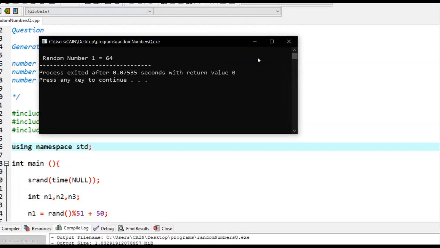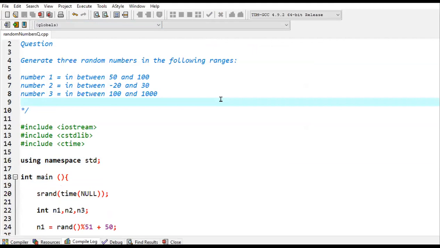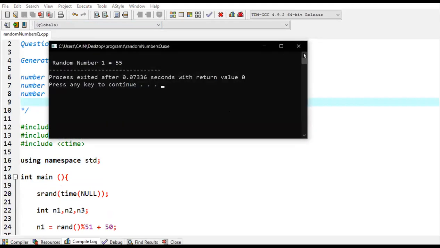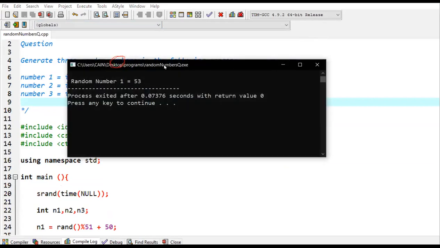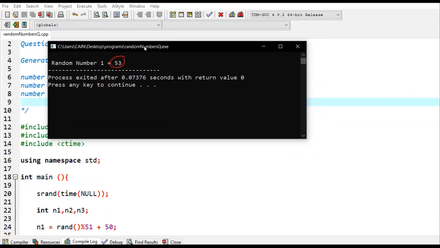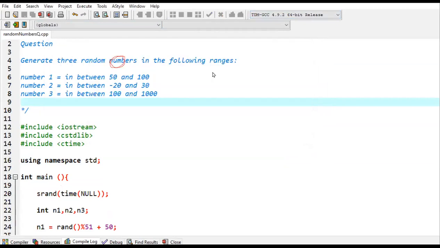You can actually close this and rerun it again. And each time you run it, you see that the random number changes. You can see it in here. The random number actually changes. So I'm going to close this, rerun it again. You see a different number now. Rerun it again,